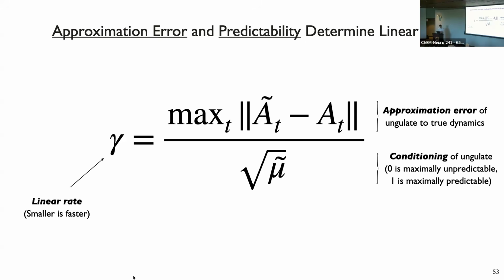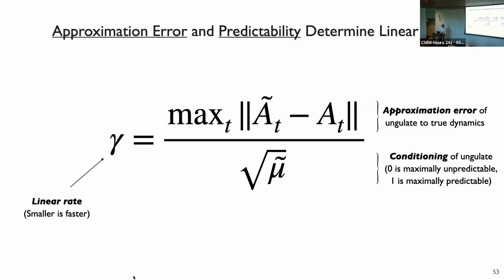On the other hand, this mu tilde is a callback to the PL constant from the second paper. It's a notion of the conditioning, where 0 is maximally unpredictable for the ungulates, and 1 is maximally predictable. So if the A tilde we choose gives rise to a very unpredictable system, we will pay a penalty, and gamma will get bigger,